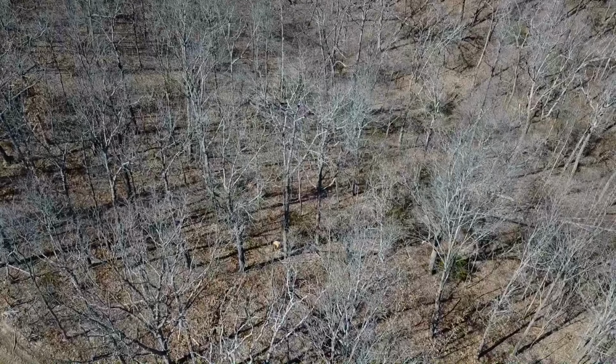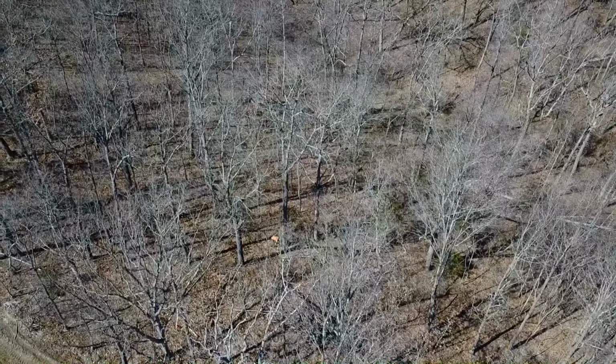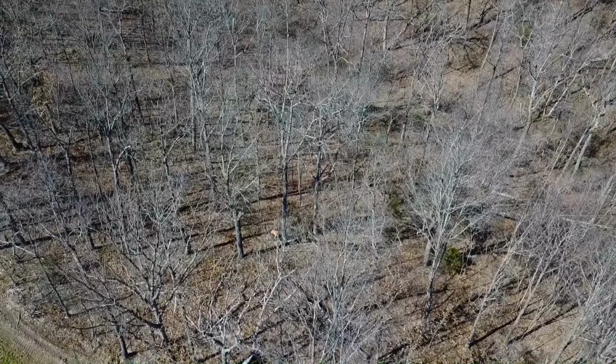Now, there are some areas I'm going to take you guys to real quick that got a little bit hot, and I'm going to show you why I'm not too worried about that. But otherwise, this turned out absolutely great. I've got the loggers here right now. We'll be producing a video after this one showing what the loggers are doing on the property again,